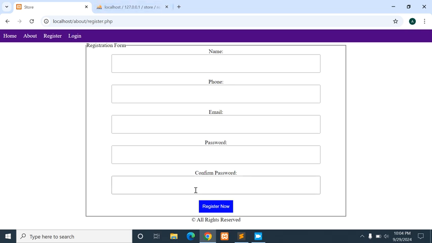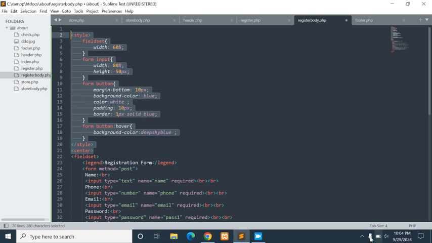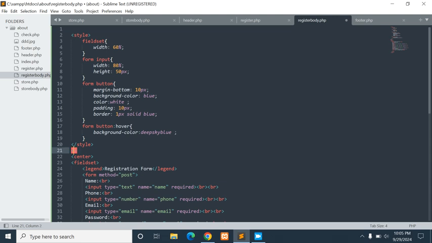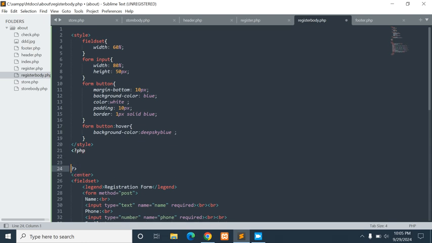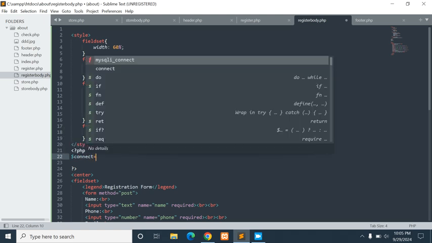Okay, so now let's go to our code and begin to store our information inside the database. First, I have to create a PHP section here. Remember, the storing of data inside the database should take place within a PHP environment. So the first thing is for us to connect, then we use MySQL